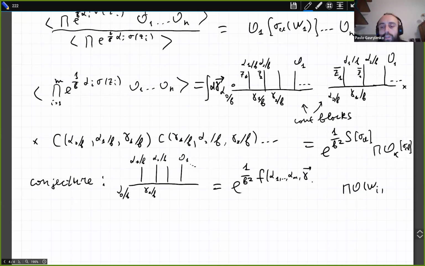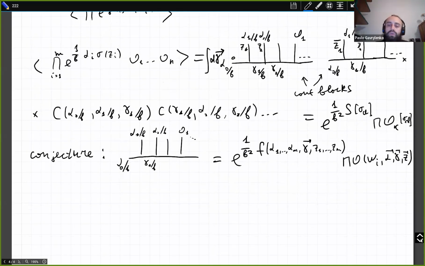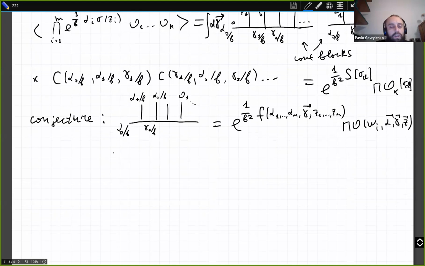Also on gammas, z1, and so on zm, and a product of some function which depends only on one variable, wi, and also on these alphas, gammas, and z's. So it is a conjecture for the conformal block, and also the same conjecture for the